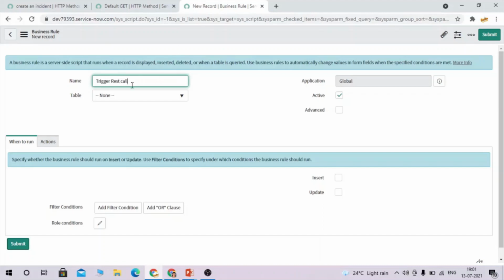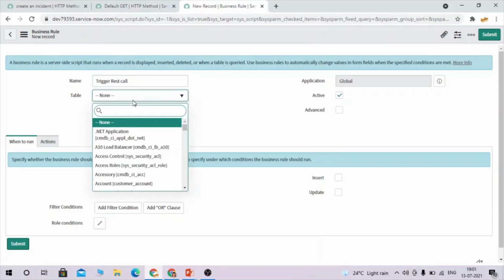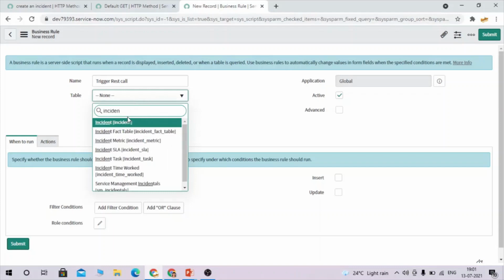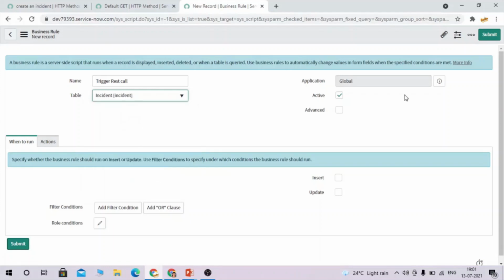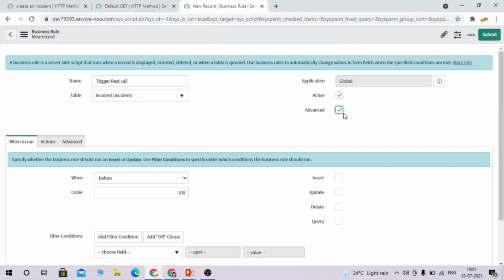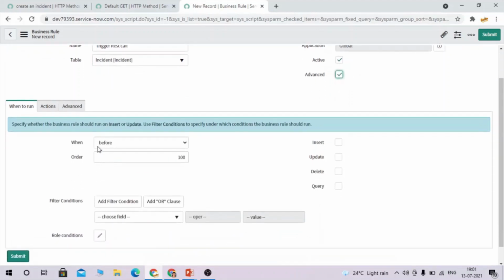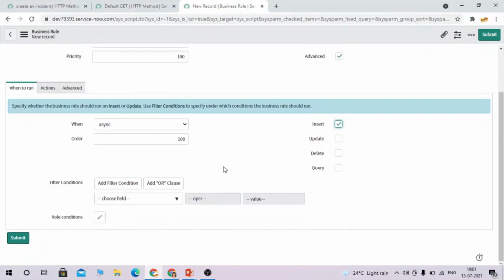In table I need to select incident, so I'm selecting the incident table here. And I'm checking advanced. Here I'm going to select async business rule. If you need more clarity on why I'm selecting async business rule, you can refer to my business rule videos where I have explained all the business rules and where you can use which business rule.